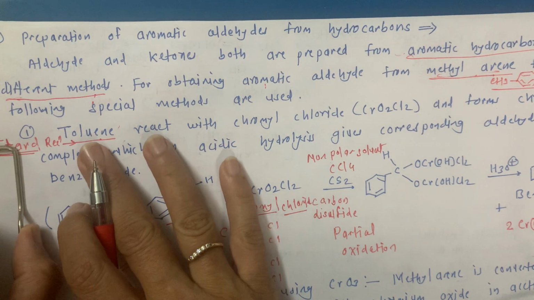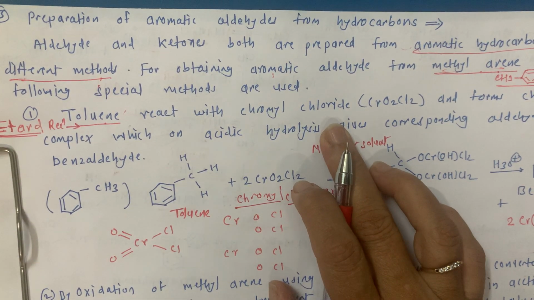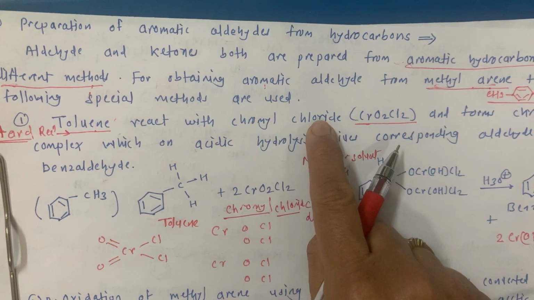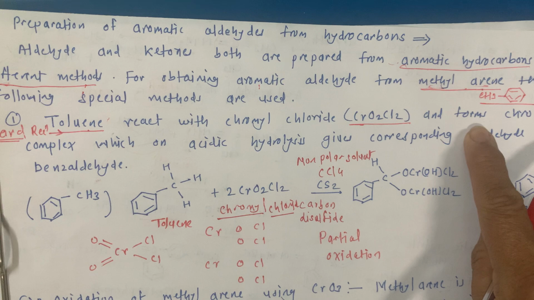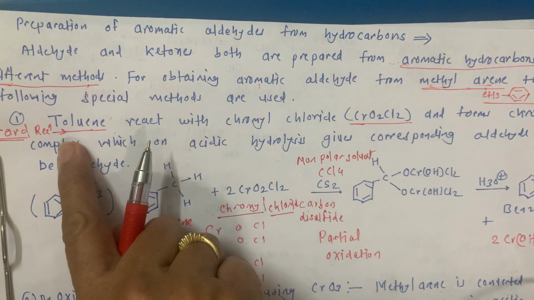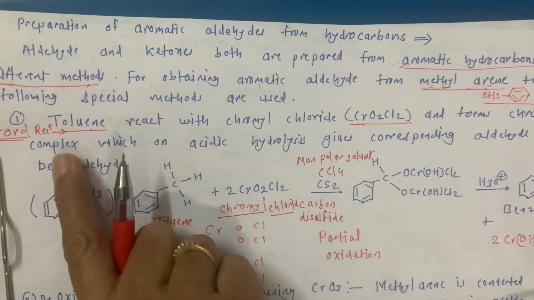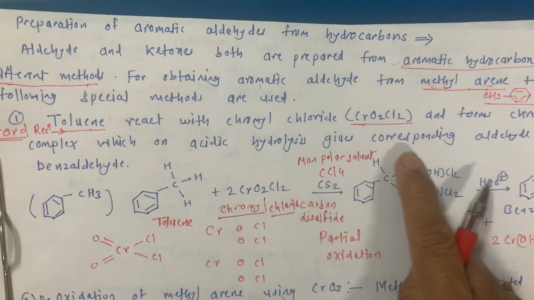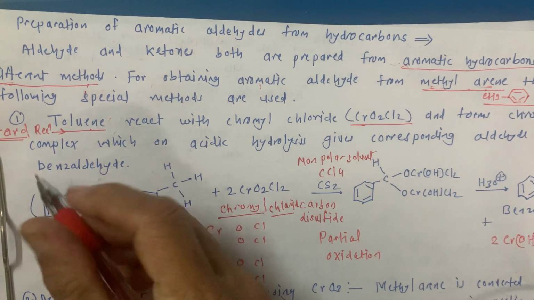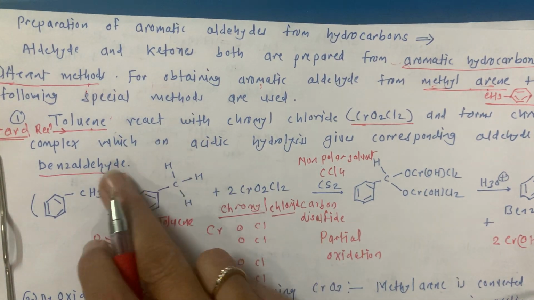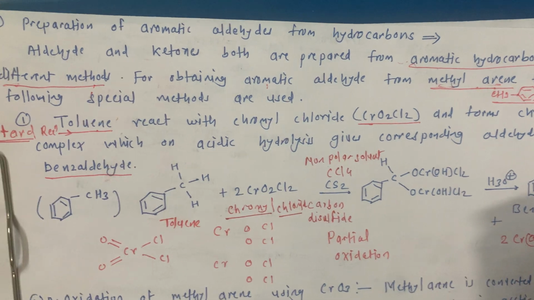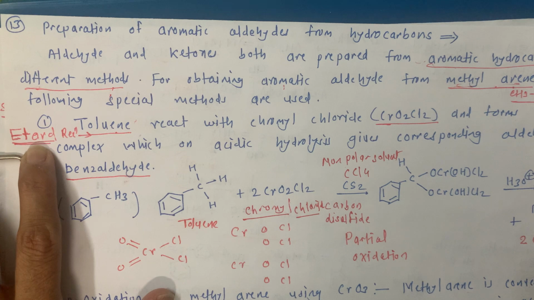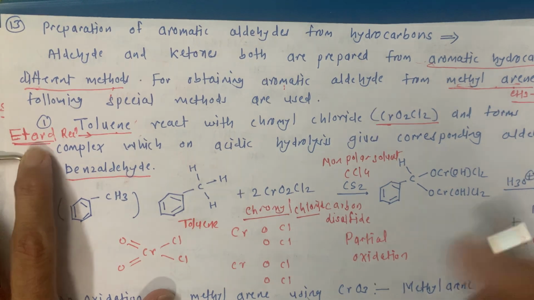So now this toluene reacts with chromyl chloride, CrO2Cl2, and forms a chromium complex. This chromium complex, on acidic hydrolysis, gives the corresponding aldehyde, that means benzaldehyde. This is an aromatic aldehyde. And again this is a name reaction. The name of the scientist is Etard,